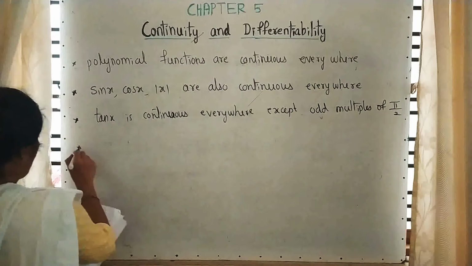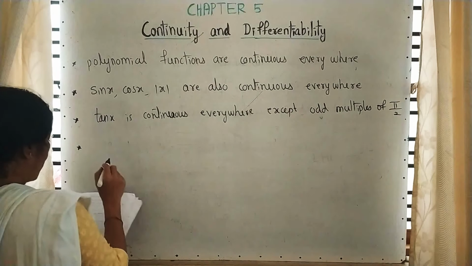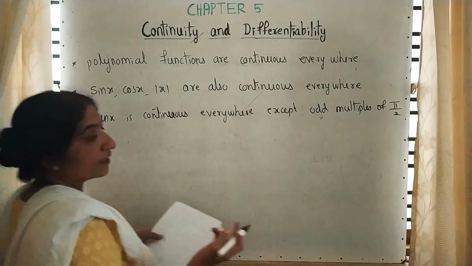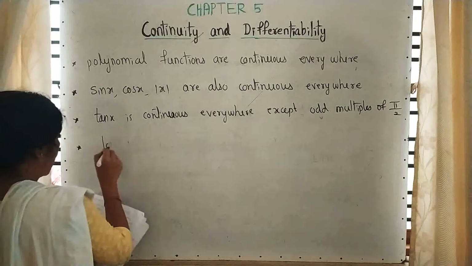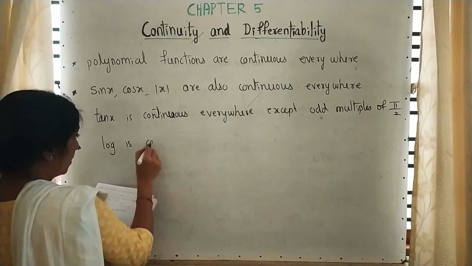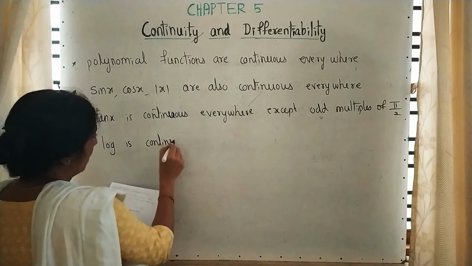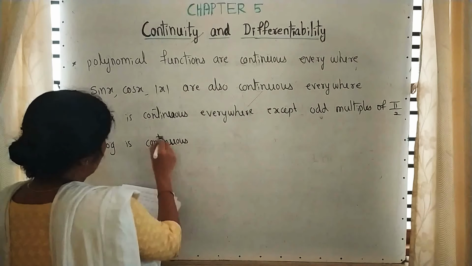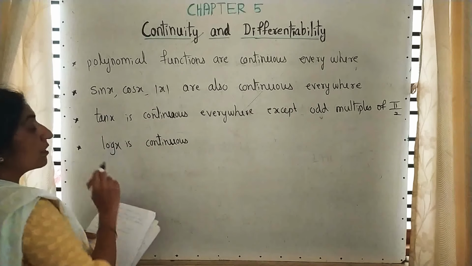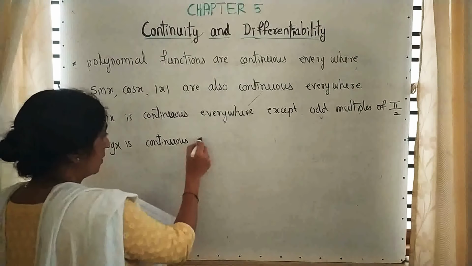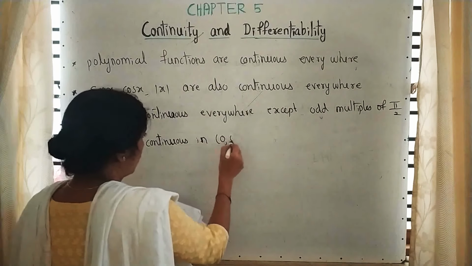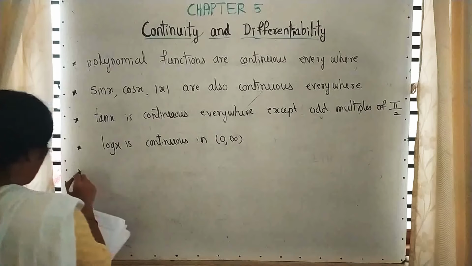And logarithmic functions. Logarithmic functions are also continuous. You can write it is a log function, so it is continuous in the interval 0, infinity. Log x is continuous. In the question, if it comes directly, you can write log x is a continuous function because it is a logarithmic function. Continuous in 0, infinity. Next,